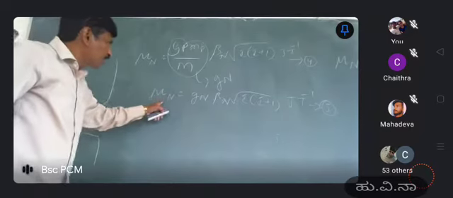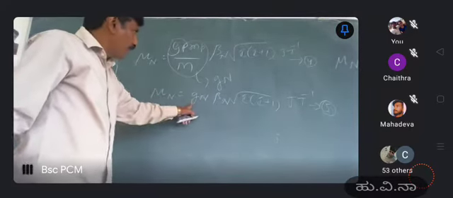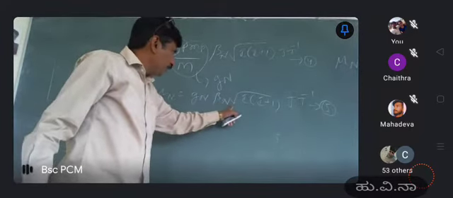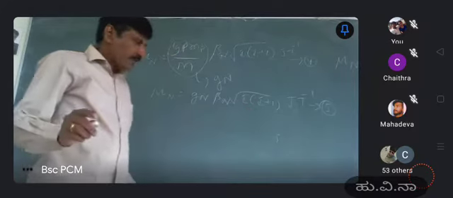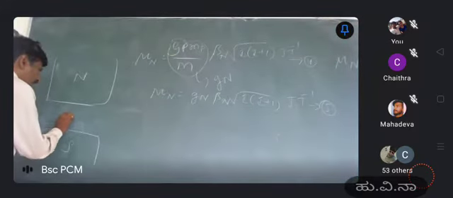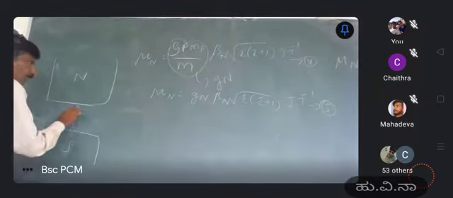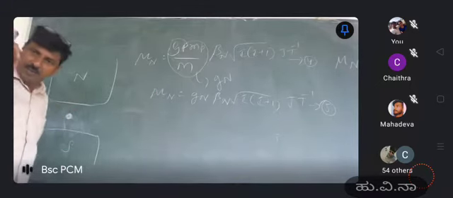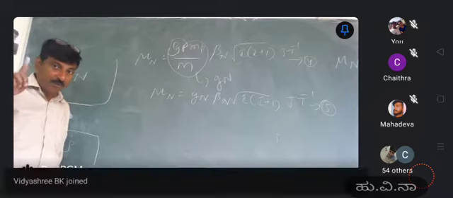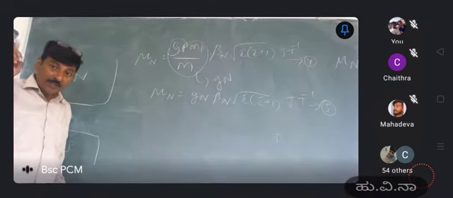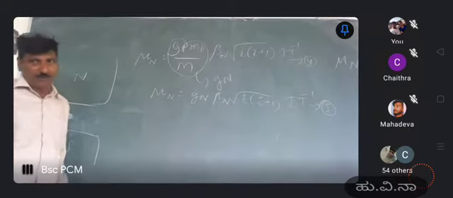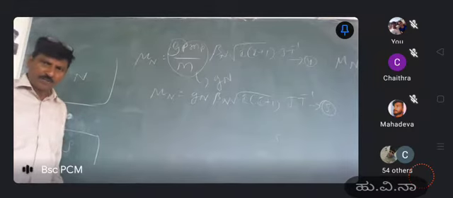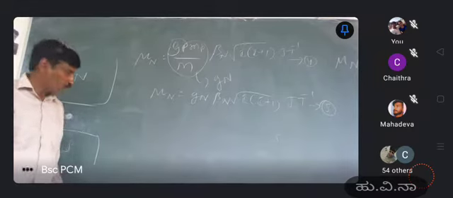Now this is the strength of the magnet, Gn beta n into I plus 1. This is the nucleus, so this is the strength of this nucleus. Any nucleus with an odd number of protons or odd number of neutrons, or even number of neutrons, that is also NMR active. Okay, fine.